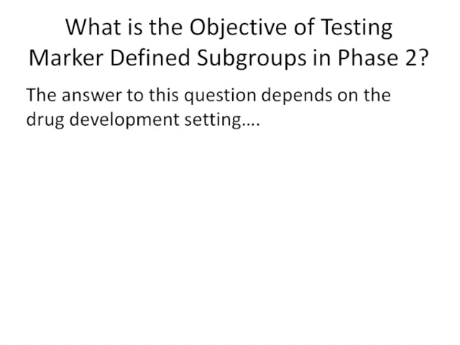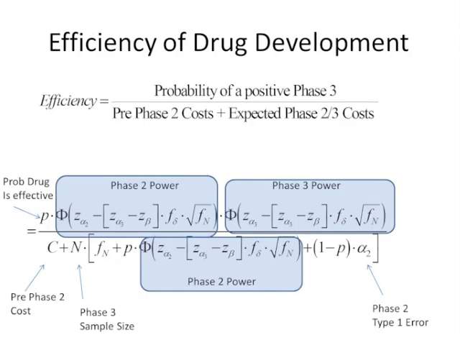So, what should be the objective of testing marker-defined subgroups in Phase 2? The answer to this question, I would argue, depends on the drug development setting. Drug development is carried out primarily by drug companies, which are economic entities trying to maximize profits. If we assume that a drug company attempts to maximize the probability that the drug development of an effective drug will end with a successful Phase 3 trial, all this subject to a constraint on the resources utilized, then it